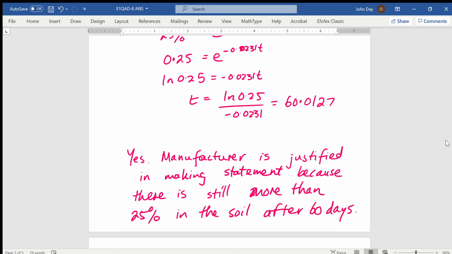It's close, 60.01, but they make it in there. So yes,